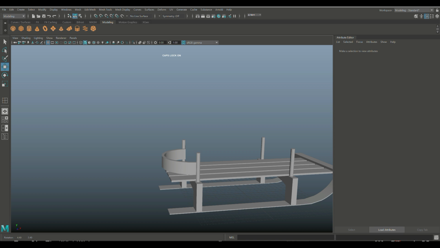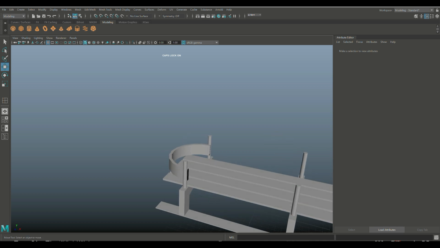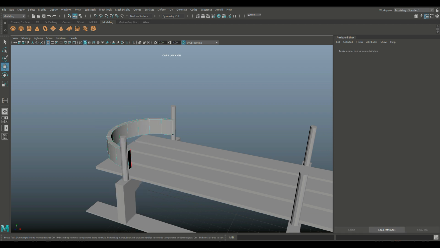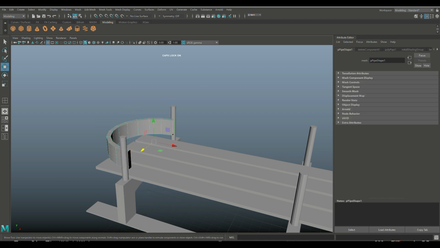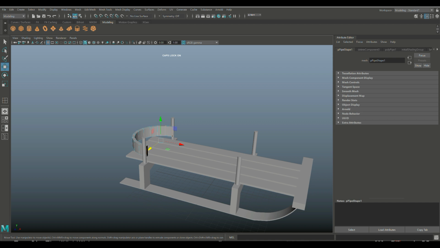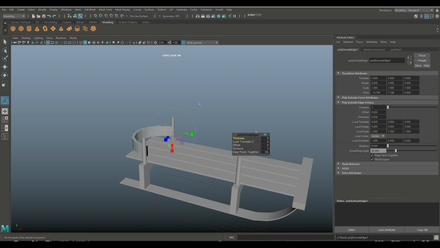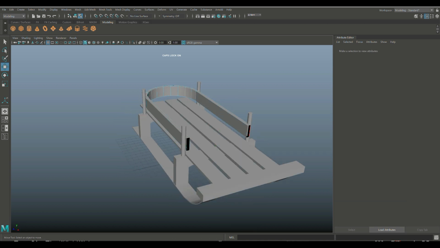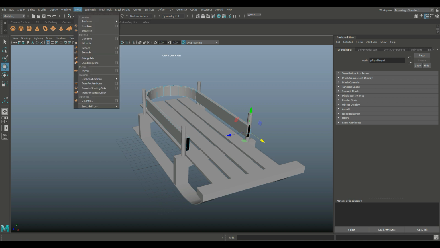Now I want one more later on, but first we're going to extend this guy. So we're going to go in here to edge. We're going to double click. We're going to shift double click. Let's hit Control E to extrude. Let's hit W to move forward. And move forward to, I would say, about there, right? Okay. Then we're going to go in here. We're going to double click on this guy. We're going to go to mesh and